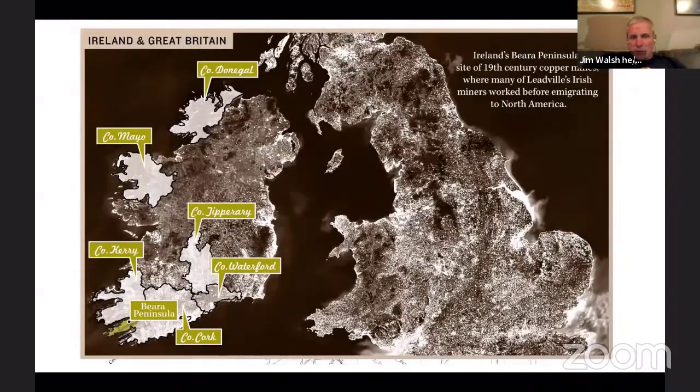This just highlights the parts of Ireland where most of them came from. Here's the Beara Peninsula down here in the southwestern corner. But these other counties contributed large numbers of miners to Leadville: Tipperary, Waterford, because of the copper mines in Waterford and the silver mines in northern Tipperary. Many came from Mayo and Donegal, who had fled during the famine and worked the anthracite mines of eastern Pennsylvania